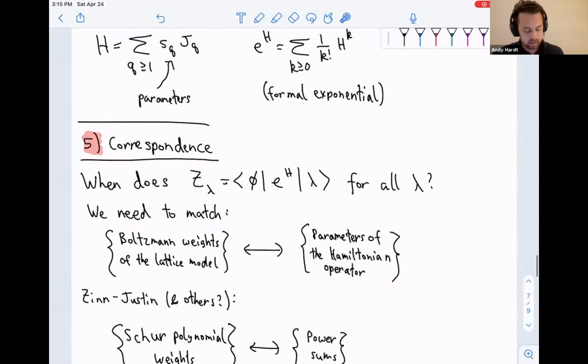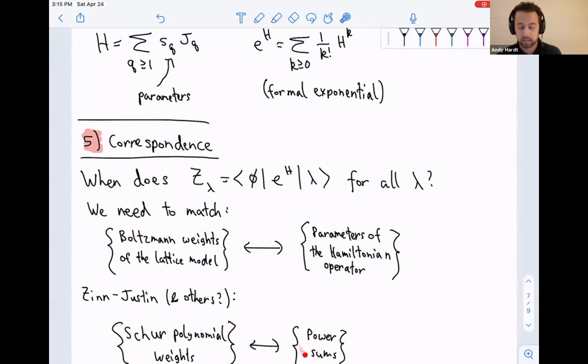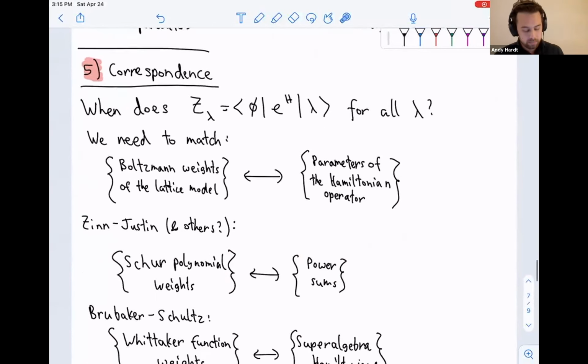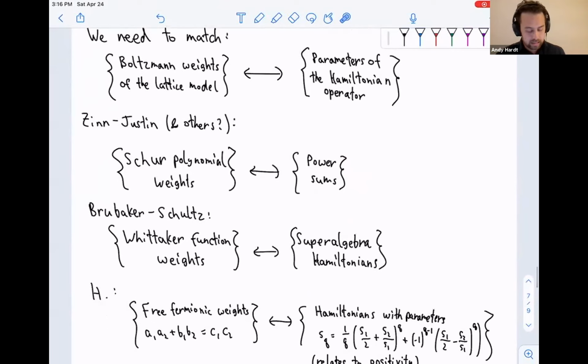So this is from Zinn-Justin's notes. It might predate him, but if we do the Schur polynomial weights we had earlier, and we set these parameters to the power sum symmetric functions, we get equality. Brubaker and Schultz showed that if we use the Whittaker function weights that we saw earlier, and then instead of power sums, we get these superalgebra versions of these power sums for our Hamiltonians. And most recently, I've